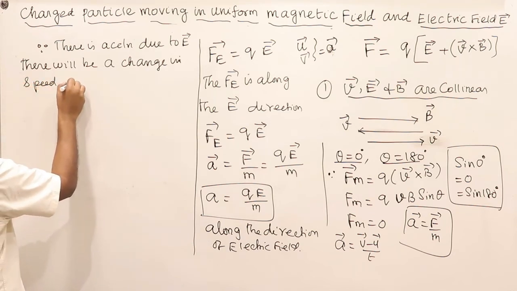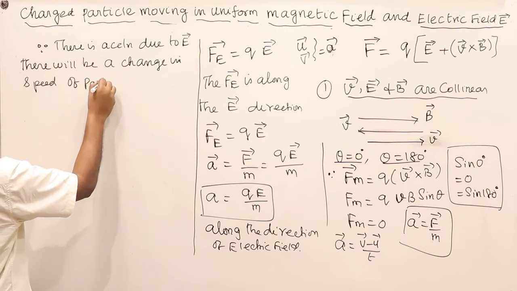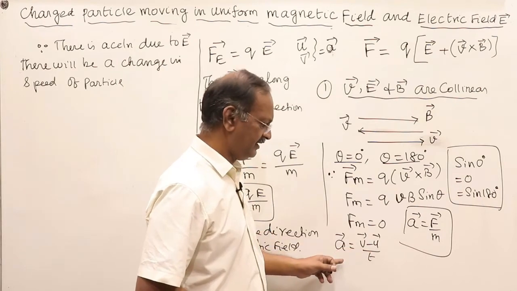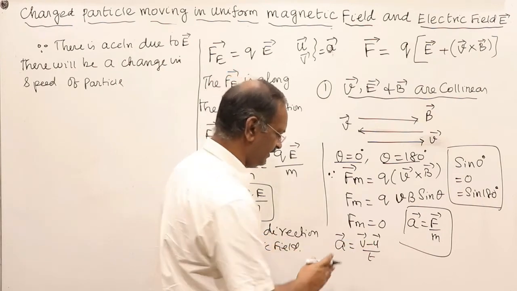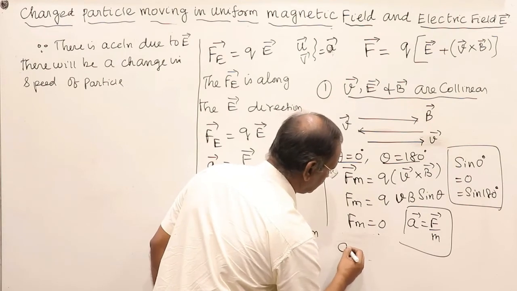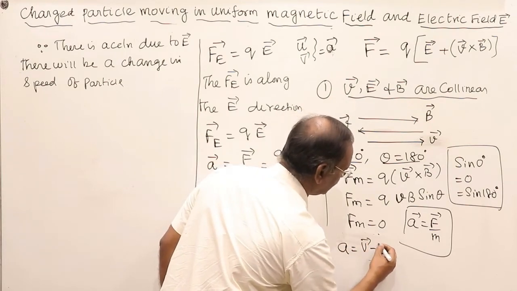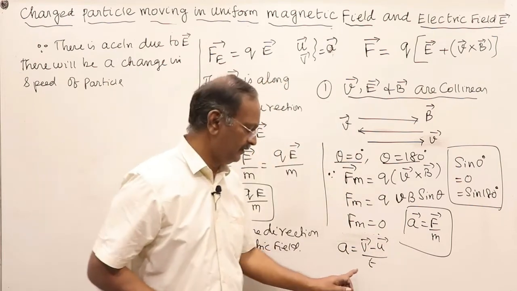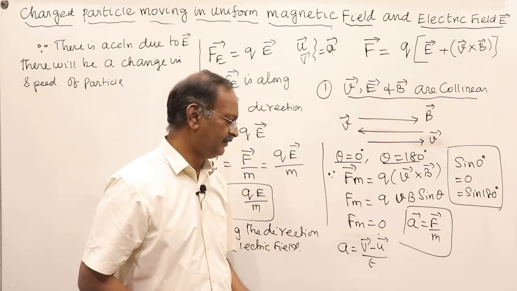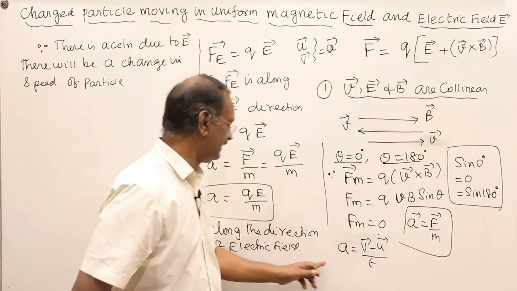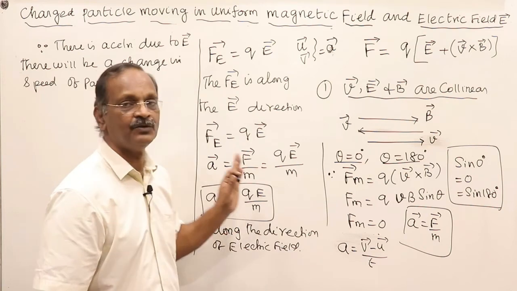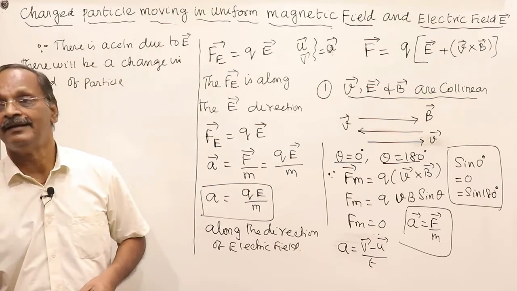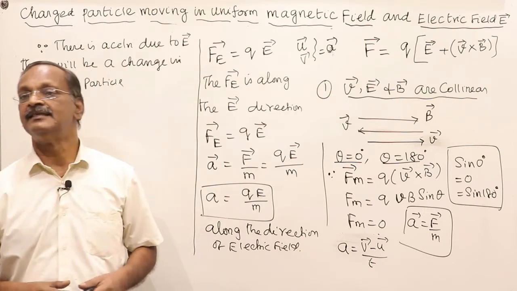If there is a change here, then only there is acceleration. A is equal to V vector minus U vector by T. This minus this should be non-zero, then only there will be acceleration. If both are equal, then acceleration is equal to zero. But there is an acceleration given by A is equal to QE by M. It means if there is an acceleration, there is a change in velocity and hence a change in the speed of the particle